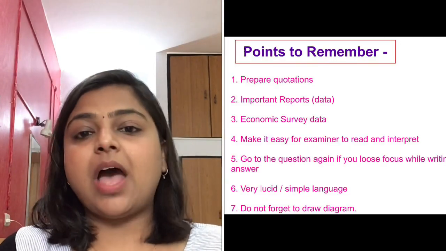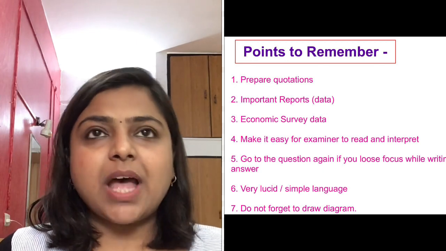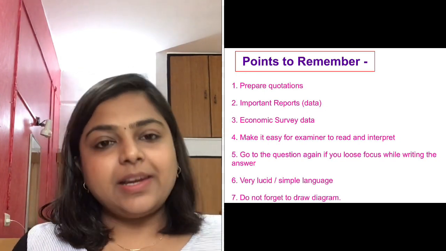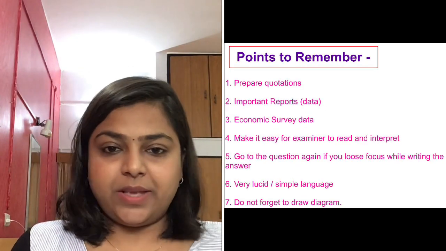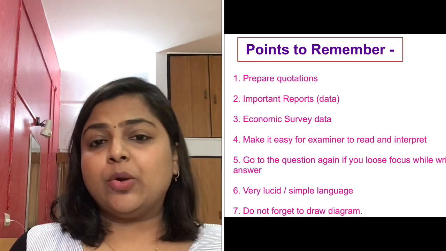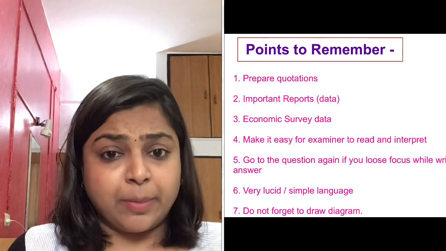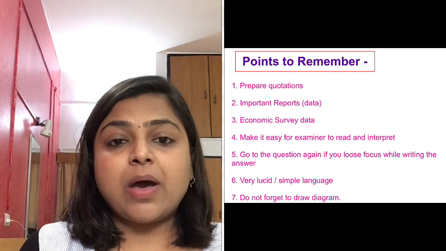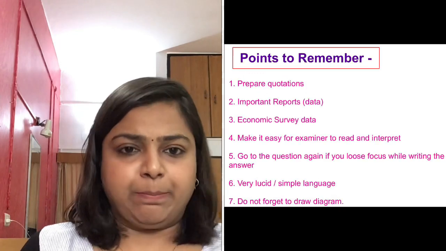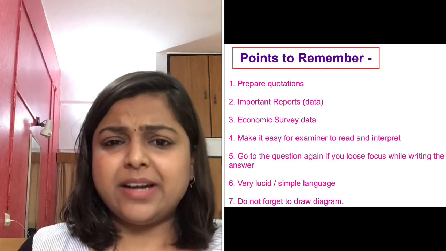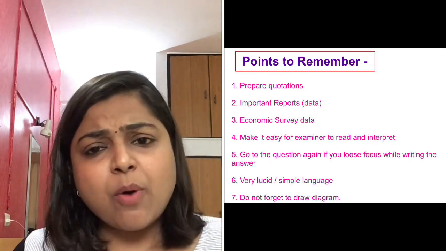Now I will tell you about the 10 main points of answer writing. First of all, you should know how to collect quotations. There are some general topics asked in UPSC, like there will be a question on women every year. There will be a question on unemployment or poverty every year as per the syllabus. There will be a question in relation to environment, like last year they asked about coral reefs and mangroves in the same question paper, GS paper 1. So there are certain topics like science and tech, environment, economy, education, poverty and women.